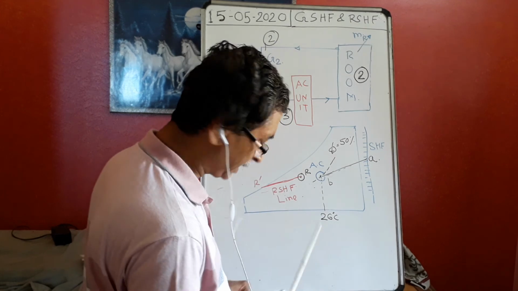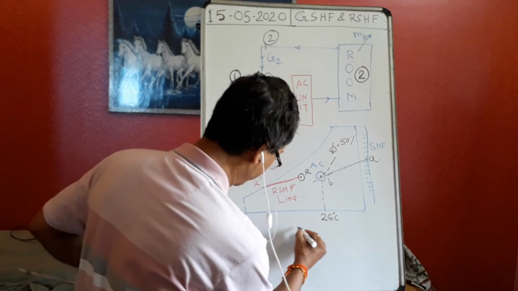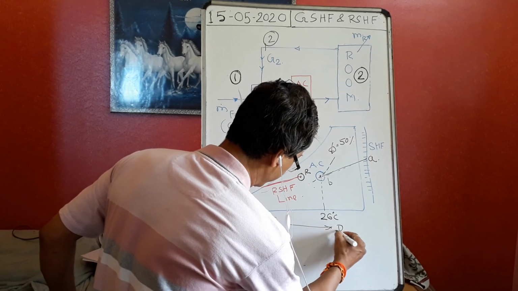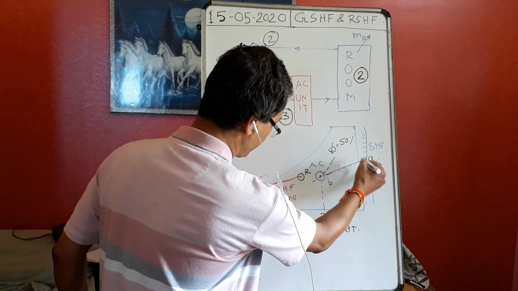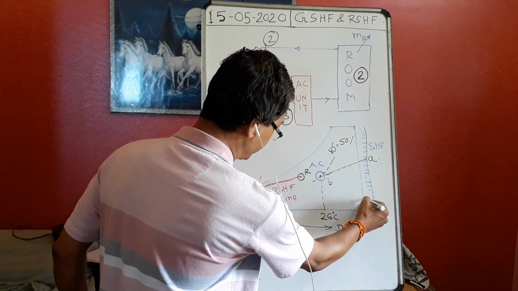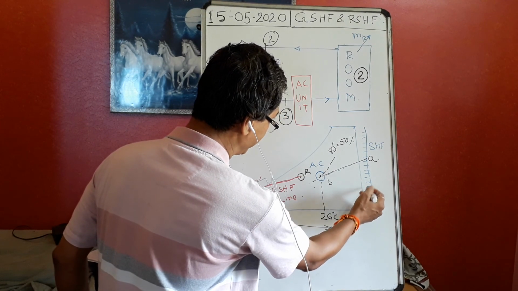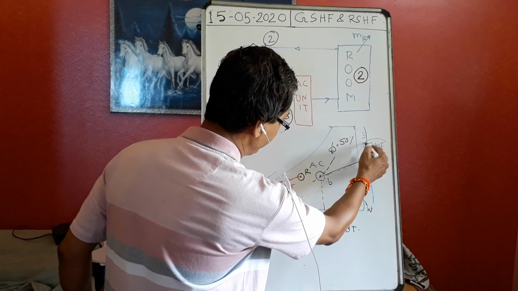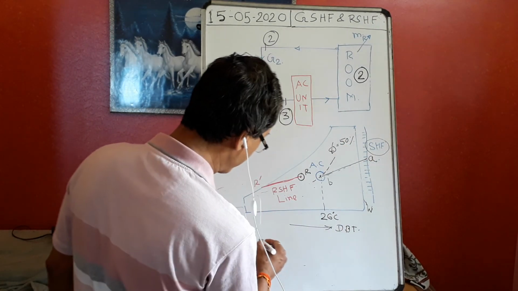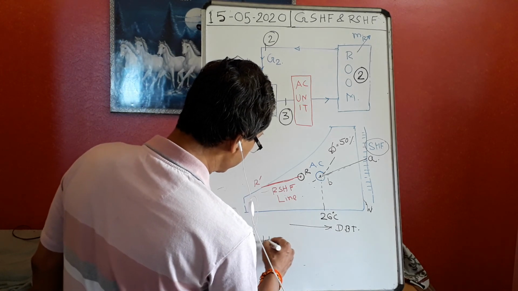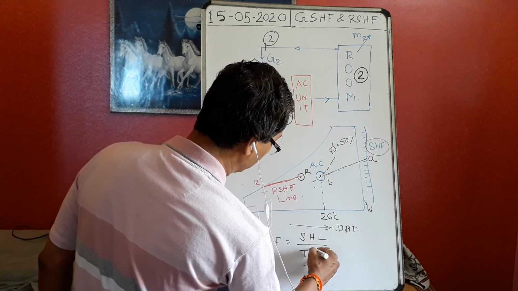This is the psychrometric chart, and this side is the dry bulb temperature line, DBT line, and on this y-axis side, this is W, the specific humidity lines, and by the side of the specific humidity there is another scale called sensible heat factor. In the last classes we have learned what the sensible heat factor is. Sensible heat factor is equal to sensible heat load by total heat load.